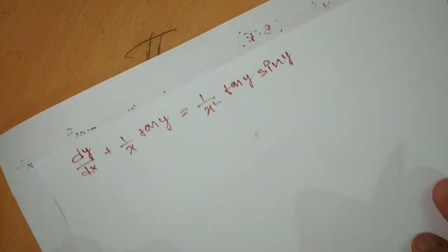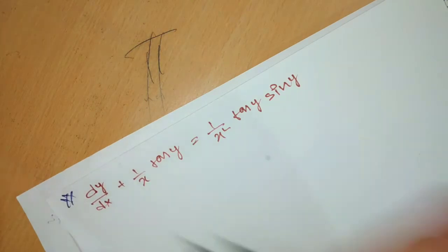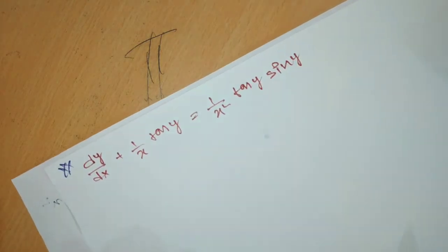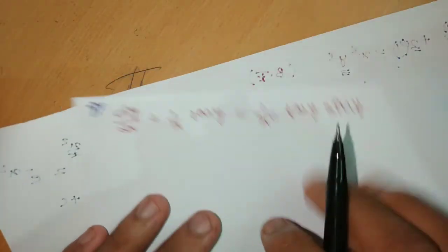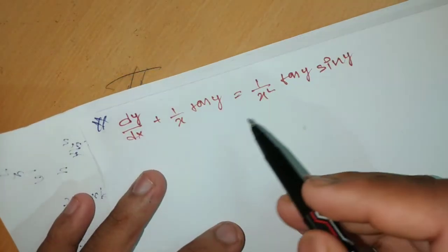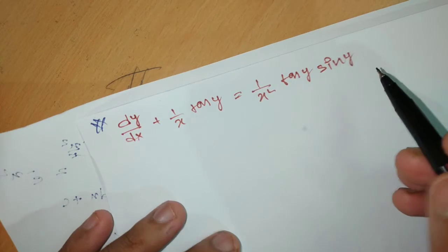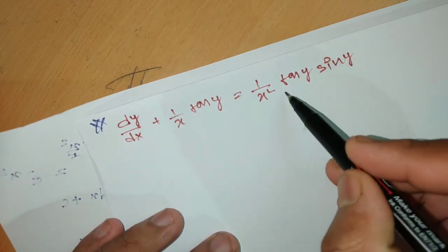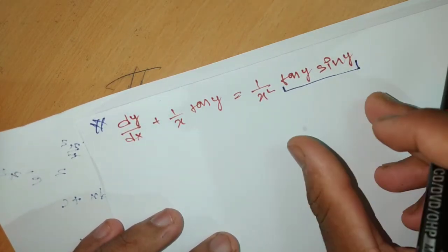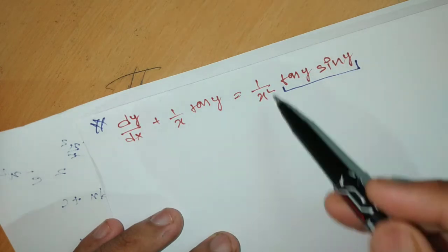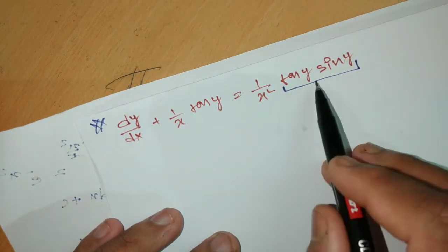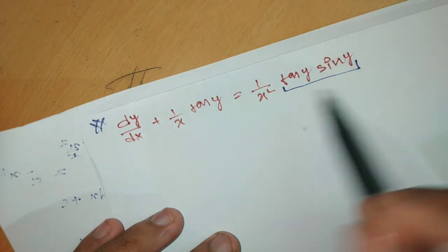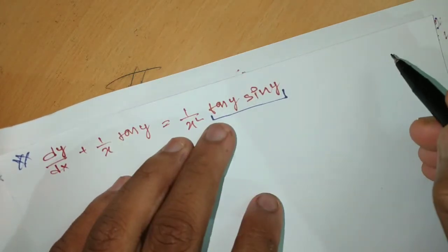So see, it is one more question of a non-linear differential equation. So see how we will solve this equation. We will solve the differential equation. See, it is dy upon dx times 1 plus x tan y is equal to 1 plus x square tan y sin y, isn't it? So see, this term is of y, and on the right hand side, we need only the x term, isn't it? We need only the x term. So divide by tan y into sin y on both sides. So see, in this, okay, no problem at all.